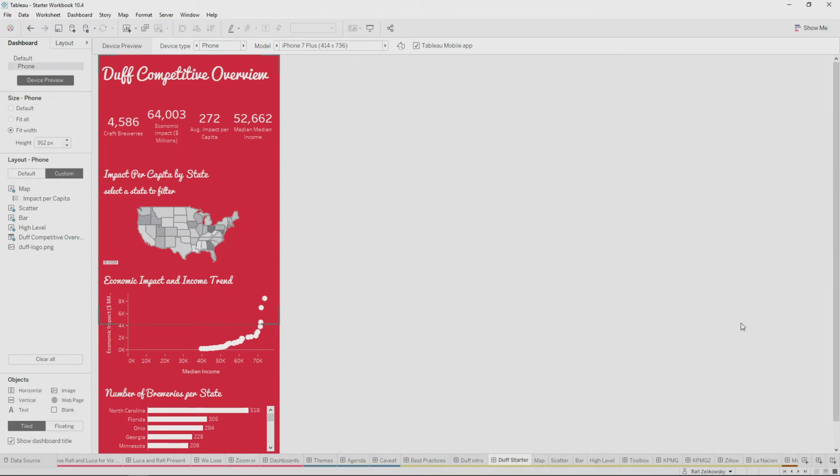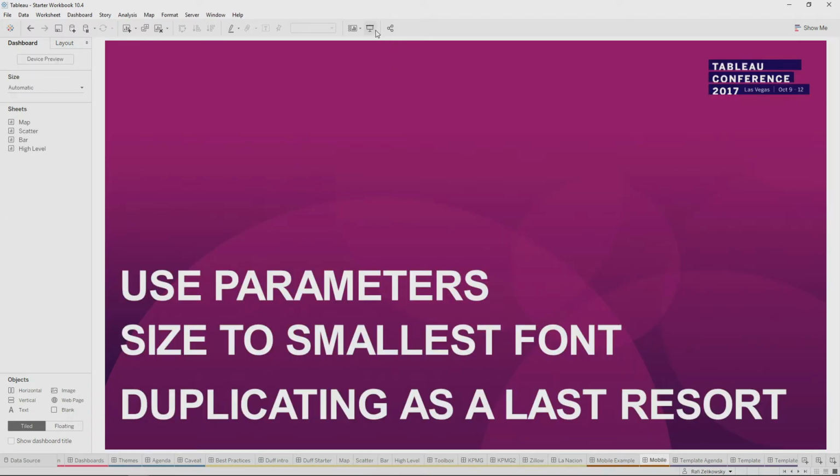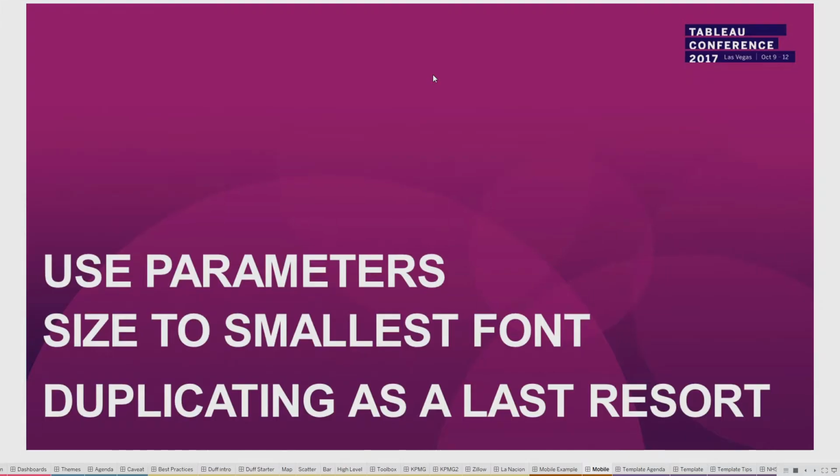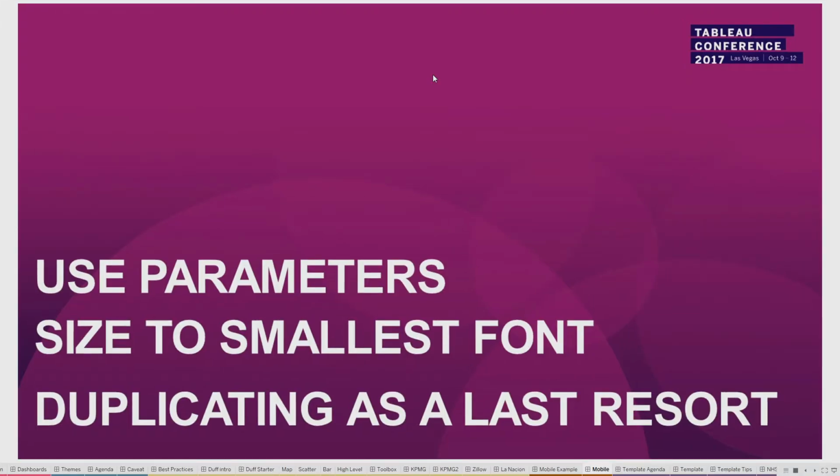Cool. I do have a few things to keep in mind. I'm not going to go through each of these and what these look like, but just things to keep in mind when you're designing on mobile. The first is sometimes when you have long lists of information, you don't necessarily need to present that to your user right away. So that long list of 50 states, I might instead want to introduce something like a parameter, which will let my users choose whether they want to see the top 5 states or the top 10 states,